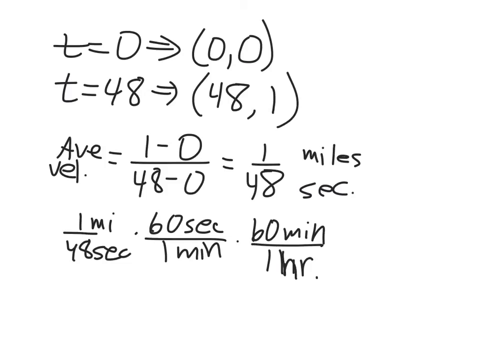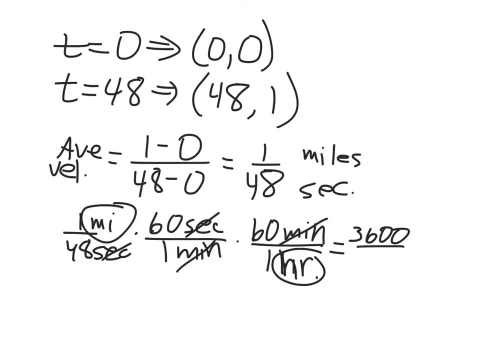Now, you can do it this way, or you can go directly. 60 times 60 is 3,600 seconds per hour. But notice the unit cancellation, seconds divided by seconds, minutes divided by minutes, and we're left with miles per hour. So numerically, we'd have 3,600 divided by 48,